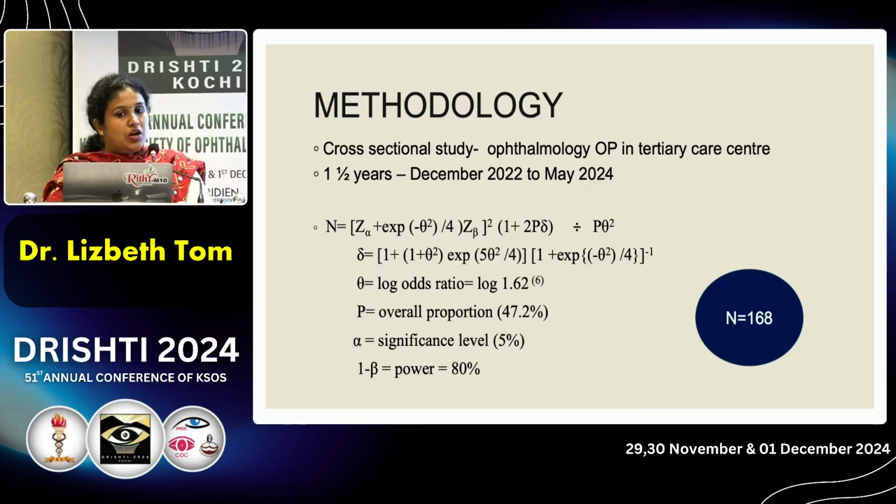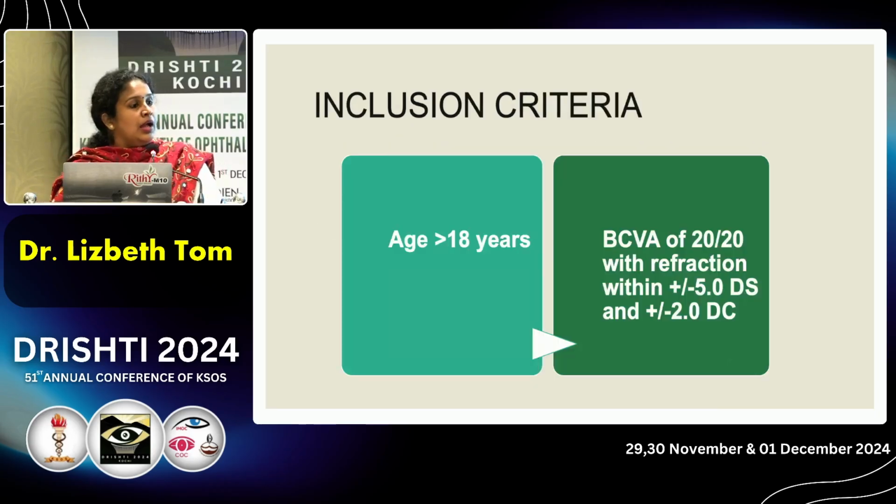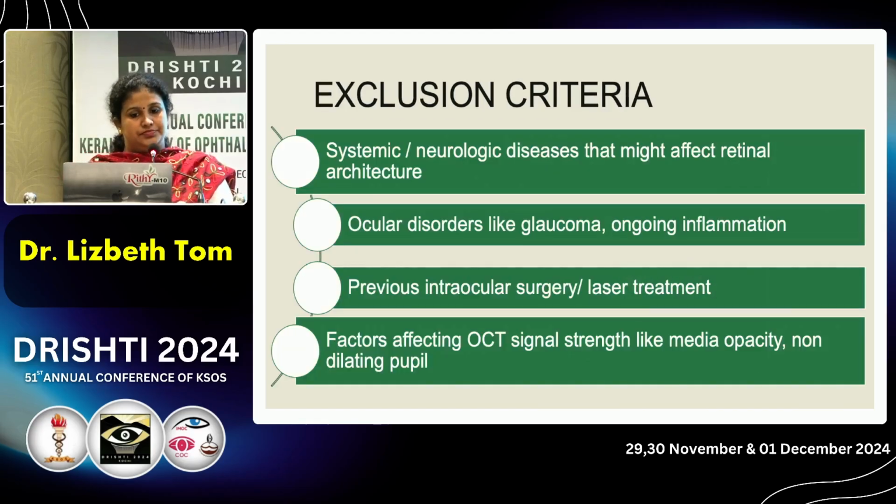This was a cross-sectional hospital-based study done in the ophthalmology OP of a tertiary care center spanning over a period of 1.5 years, and the sample size calculated was 168. Those who were included were aged more than 18 years with best corrected visual acuity of 20/20 with refraction within plus or minus 5 diopters spherical and plus or minus 2 diopter cylinder. Those who were excluded had systemic and neurological diseases that might affect the retinal architecture, ocular disorders like glaucoma or ongoing inflammations, previous intraocular surgeries or laser treatment, or any factors affecting the OCT signal strength like media opacity or